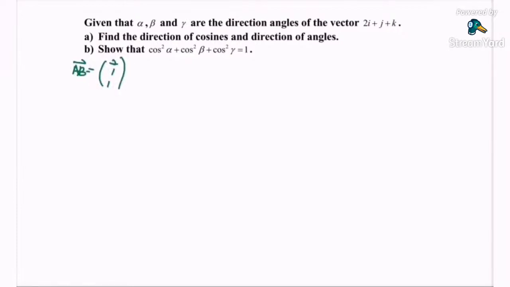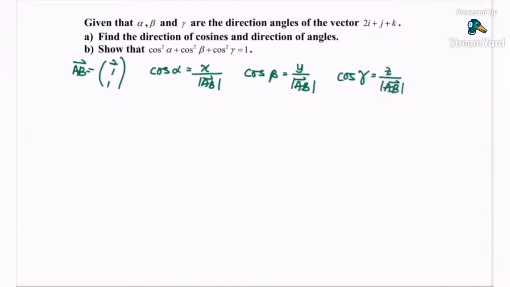Find the direction cosine and the direction angle. The formula for the direction cosines is cos alpha equals x over the magnitude of AB, cos beta equals y over the magnitude of AB, and cos gamma equals z over the magnitude of AB. Next, we have to find the magnitude of vector AB,